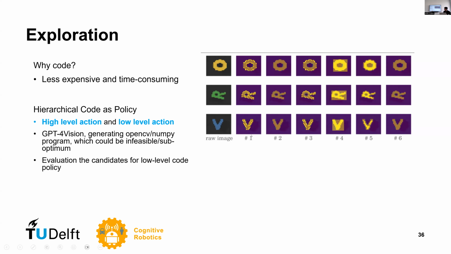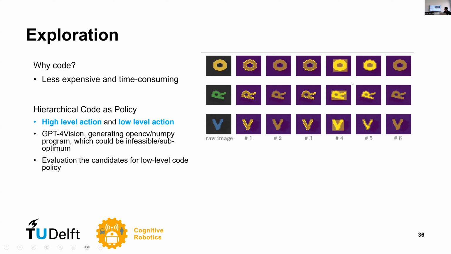So those are the candidate Code as Policies generated by our large language model. Two of them, candidate 2 and candidate 6, cannot do anything meaningful at all, and three of them are not optimal. For example, the first one and the third one want to pick at the edge of the letter, which proved to be unstable, and this one seems to grab a whole box of the letters, but it's not that efficient.